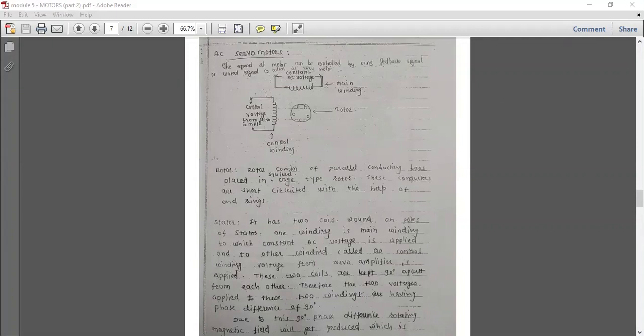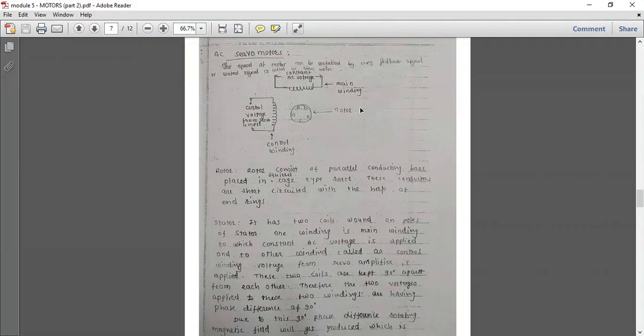Now, over here in your servo motor, it is shown that there is a feedback signal, which is called the control voltage. And this control voltage in the servo motor is very important. There is a control AC voltage, and a rotor is connected over here. Can you see the rotor circled with the bubble? It is called a rotor. Now, the control winding and the main winding shown over here, we are going to study with respect to the stator.